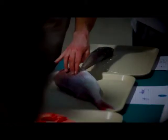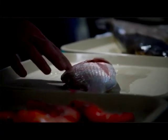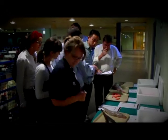If you're experienced at doing QI assessments, you can actually get quite quick at it, and it's a fairly quick process. So you're only looking at the eyes, looking at the gills, checking the texture, looking at the scales. So there's no actual damage caused to any product, and an experienced assessor can do that assessment in a